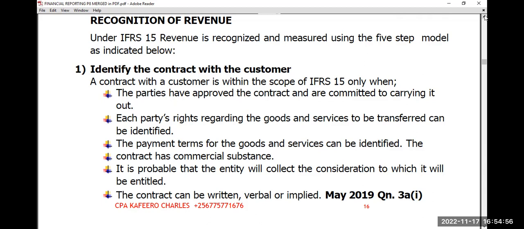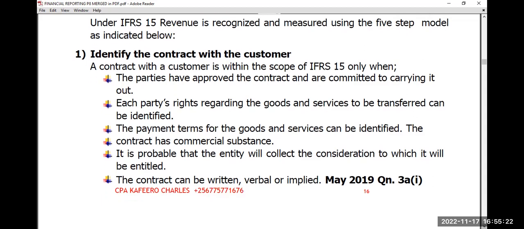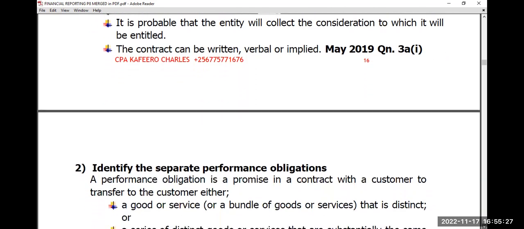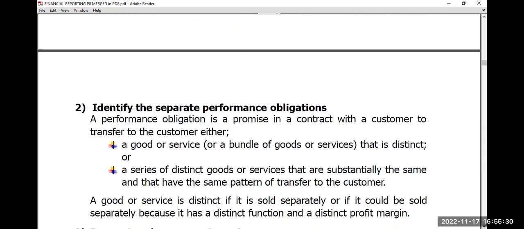Then let's look at the second step. These conditions were examined in May 2019, question 3, Roman 1, question 3A, Roman 1. So you may cross-check and try to understand those points. Then the second one we are going to look at